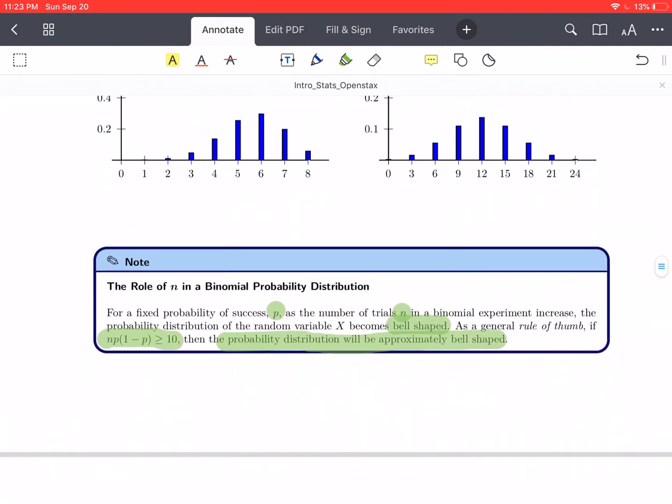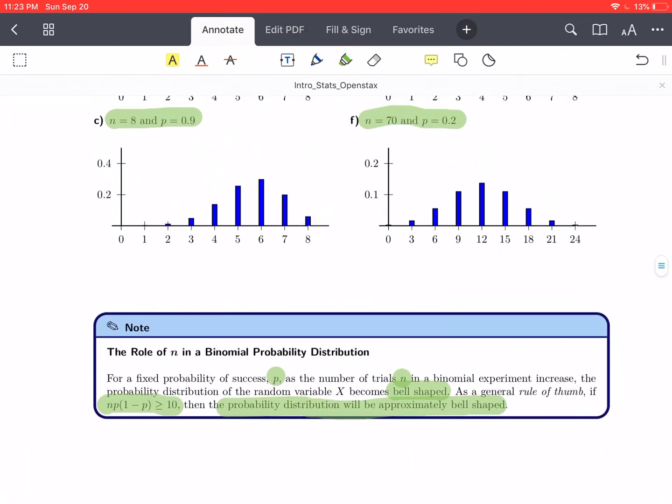So that brings us to the end of chapter 4. So a little bit of a shorter chapter this